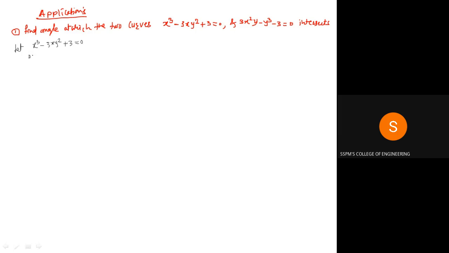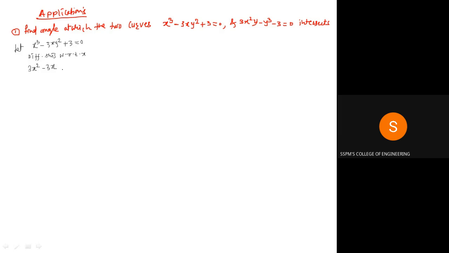Differentiating this expression with respect to x. If you are taking the derivative with respect to x, what will happen here? In this expression, the first term has the term of x, but in the second term there are x and y, so we need to apply the product rule. And in the third, there is a constant and its derivative will be 0. What is the derivative of x cube? 3x square. 3x square is okay, minus 3x keep as it is into the derivative of y square,